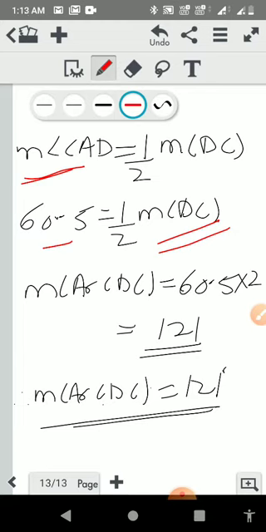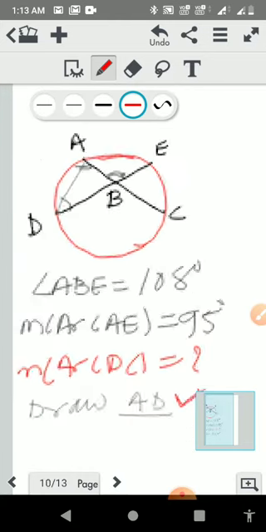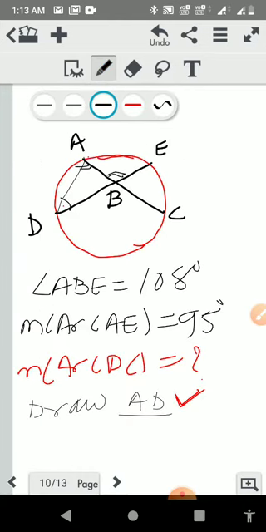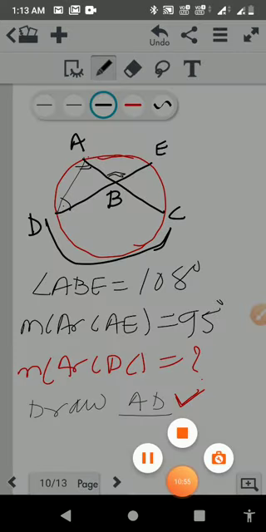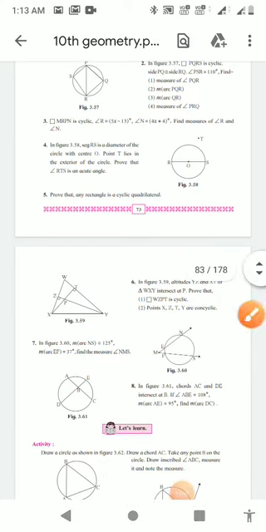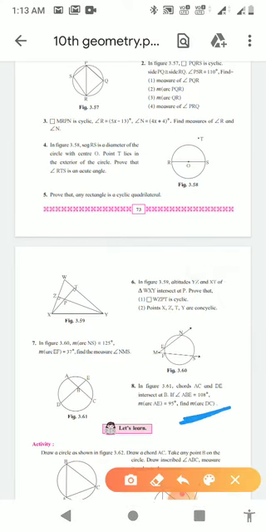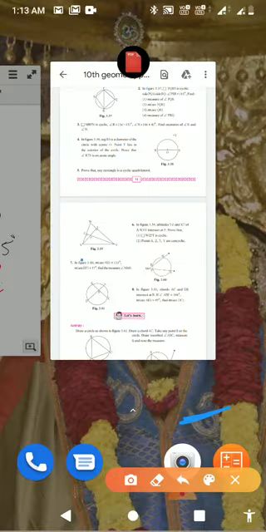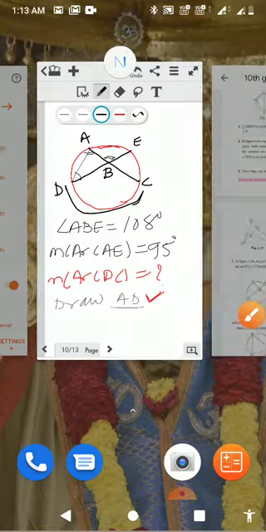Putting the arc symbol here is somewhat difficult for me with this pen, but do not be confused. This is nothing but the measurement of arc DC. Or I can show it in this diagram. This is the arc which I have to calculate as per our question. If you see this question, that is what we have to find out, the measurement of arc DC, isn't it? And we found it in this way.